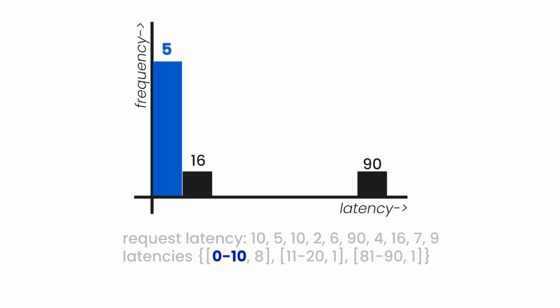So from 0 to 10, you will find one example request. That is a normal processing time. From 11 to 20, you'll find another example. In our case, there is only one request which took 16 milliseconds, so that will be stored. The trace ID will be stored. And 81 to 90 has one request which engineers can use to dig deeper in the system.